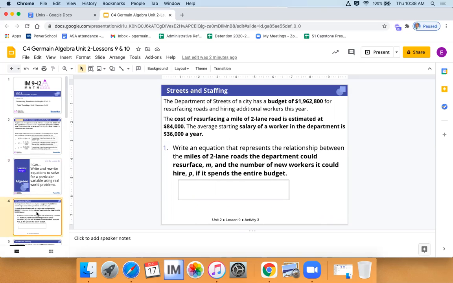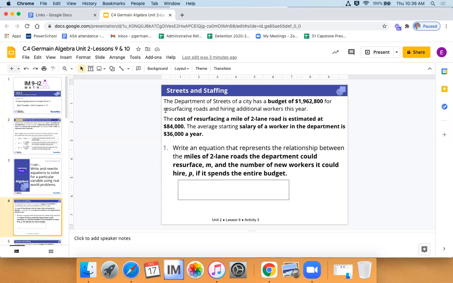Okay. So the Department of Streets of a city has a total budget of $1,962,800 for resurfacing roads and for hiring new additional workers. Okay. So they have a total of $1 million to resurface roads and to hire additional people. The cost of resurfacing a mile of two-lane road is estimated at $84,000. The average salary of a worker at the department is